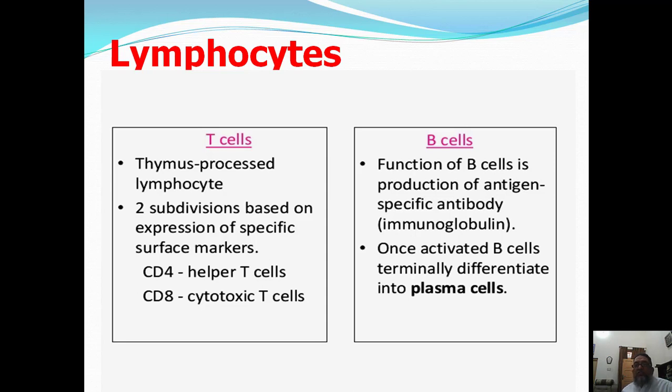Now, B cell is uniform because they are derived from the bone marrow cell and they are antigen antibody specific cells, and they produce immunoglobulin by first maturing into plasma cell and then the specific immunoglobulins IgA, IgE, IgG and IgM. Many other types of immunoglobulins are there. So all these are derived from the B lymphocyte from bone marrow, but they have to first convert into the active form, plasma cell.